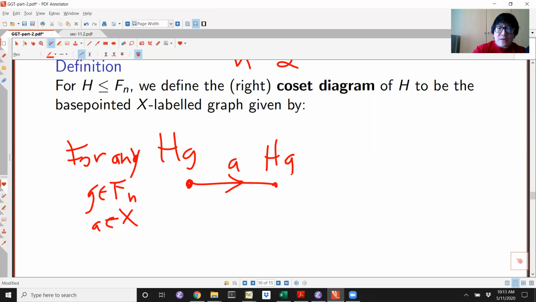It's going to go from Hg to Hga. And similarly, there's going to be